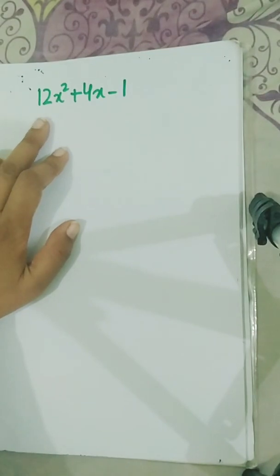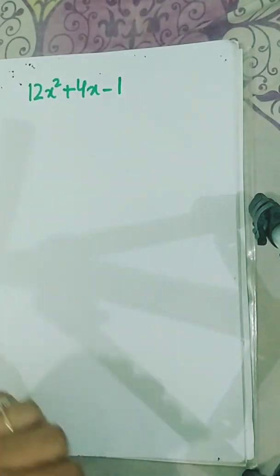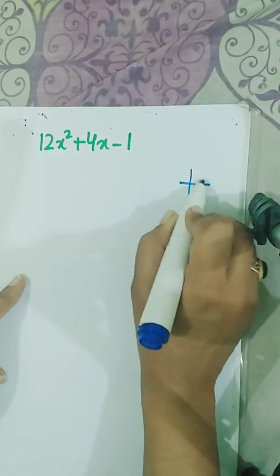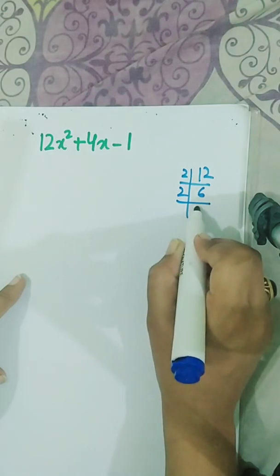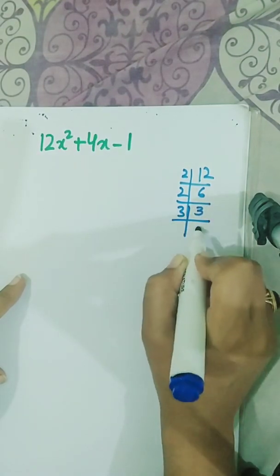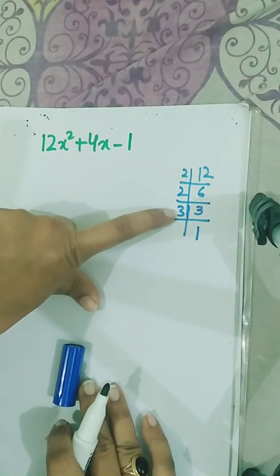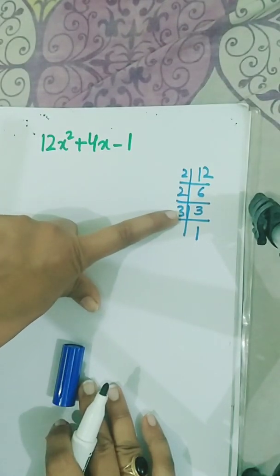It can also be factorized with the help of the middle term break method. The coefficient of x square is 12. So 12 into 1 will be 12. I'm going to find the factors of 12 first: 12, 1, 6, 2, 4, 3. So what do I want? I want 4, say 4x. If I multiply 2 by 2, it will be 4. And what will I do with 3? Should I leave it? No.